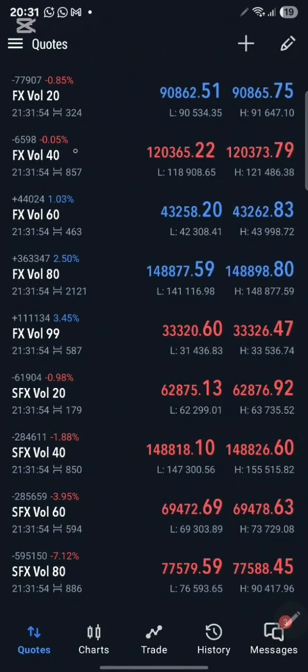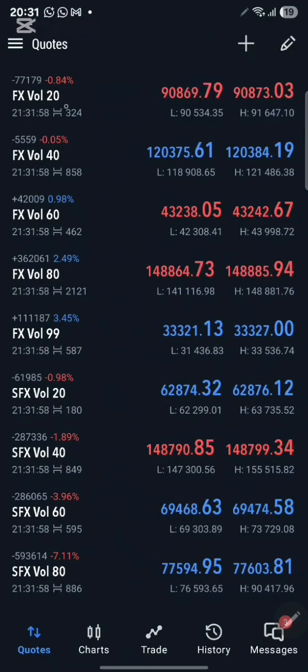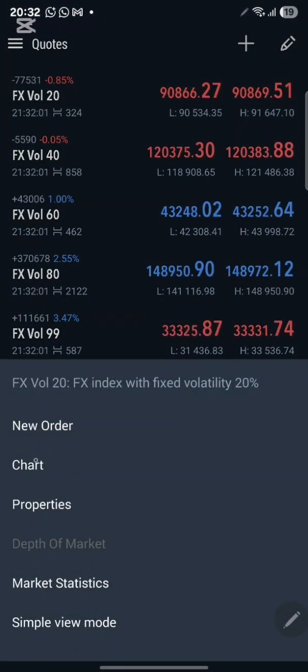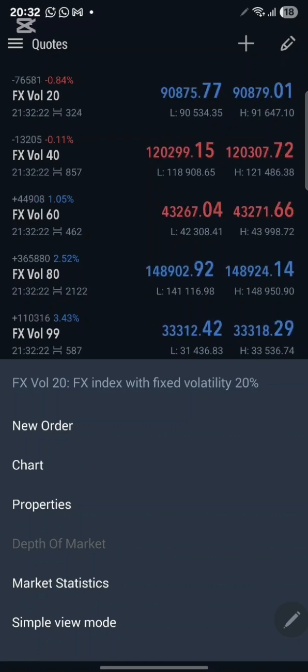So let's say we choose to trade FX Vol 20, right? We're going to click on the pair there, and then we have the new order. So we want to place a new order, right? You're not supposed to place an order before you predict the movement of the markets. Remember, in Forex, it's all about predicting the next movement based on the past